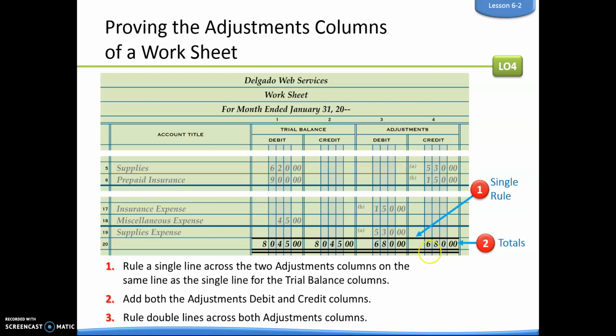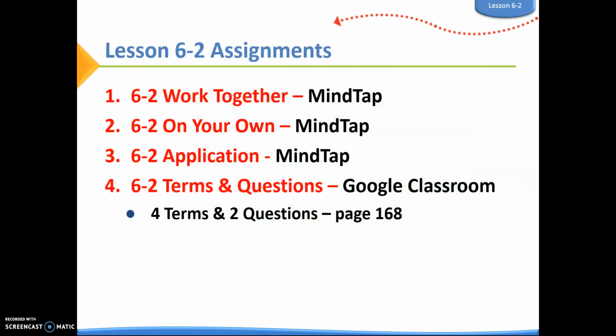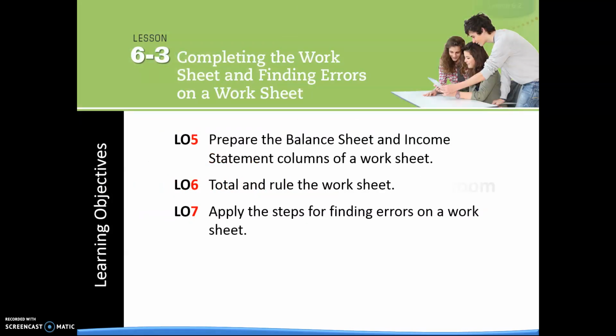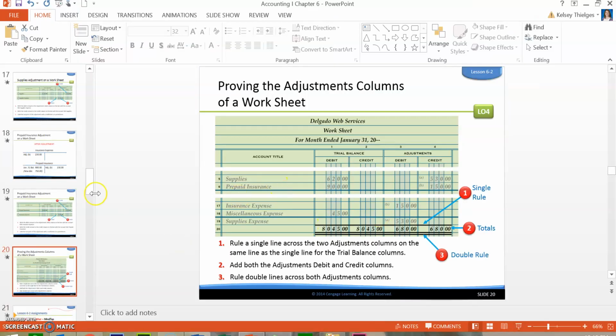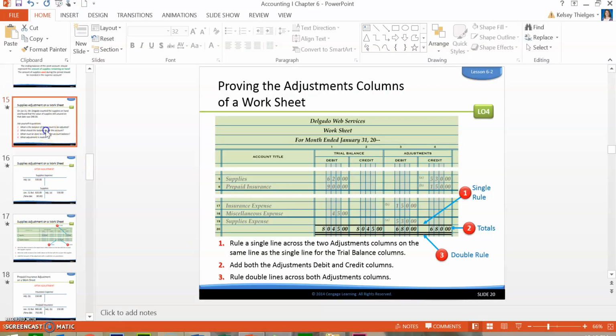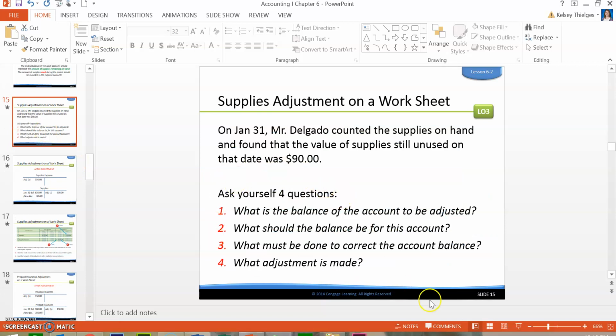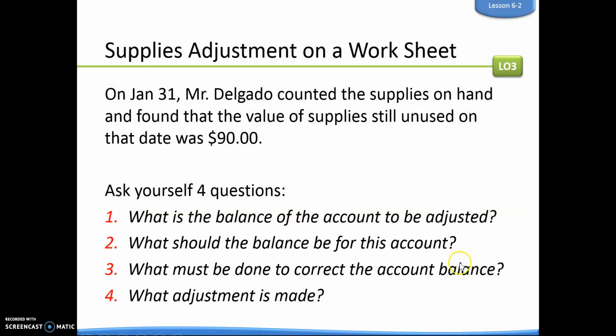So we are actually going to head over and do our 6-2 work together in MindTap. We'll see those transactions again, but remember, if you need to, come back and ask yourself these 4 questions if you need to, okay? This will help you make that adjustment,